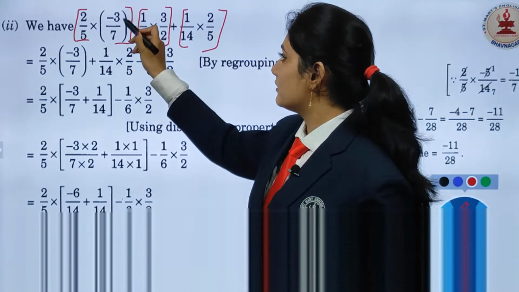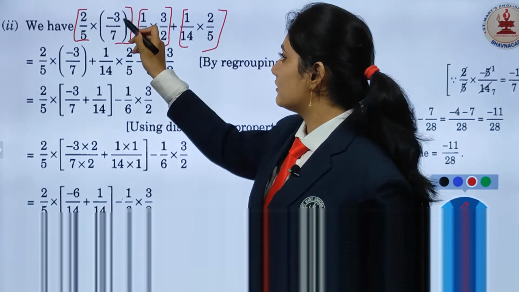Now see, between the two rational numbers there is a subtraction sign. As I explained, if there is an addition or subtraction sign between the two rational numbers, then you have to first make the denominator equal by doing the LCM. Here the LCM is 7 fours are 28. So 7 into 4, in the numerator also you will multiply with 4. At the next number you will multiply with 7, and the numerator also 7. So what is left in the numerator here? Minus 4 upon 28. At the next one it will be minus 7 upon 28.